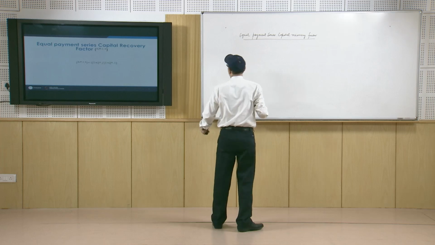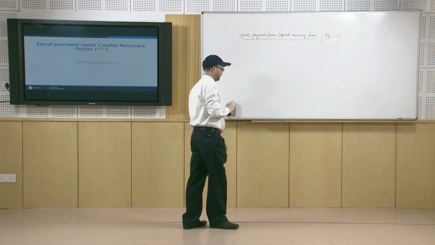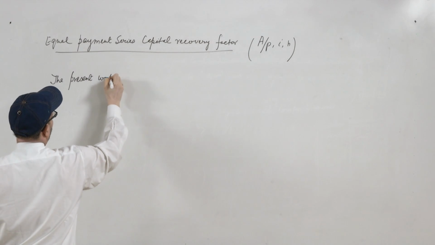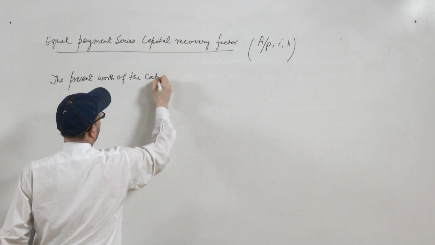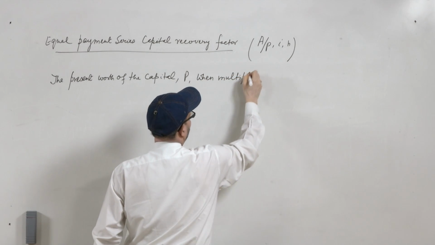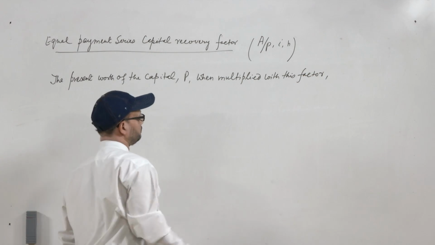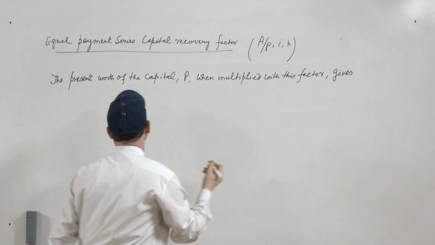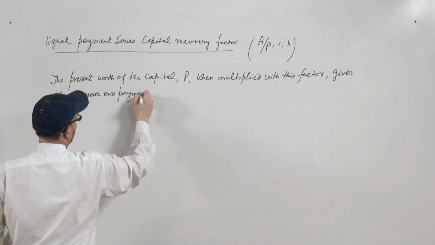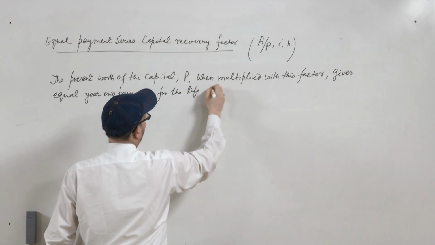And that is why its symbol is A by P i n, which means the present worth of the capital P when multiplied with this factor gives equal year end payments for the life of the investment,